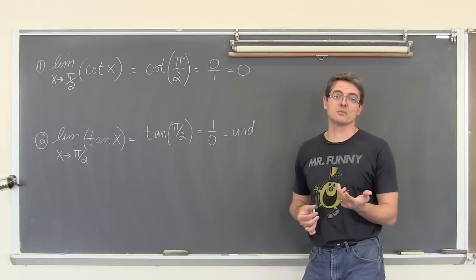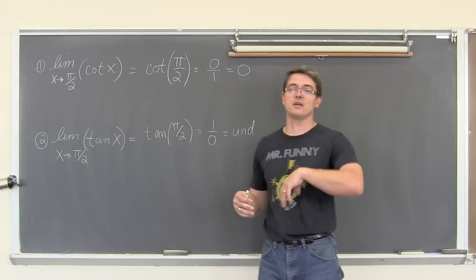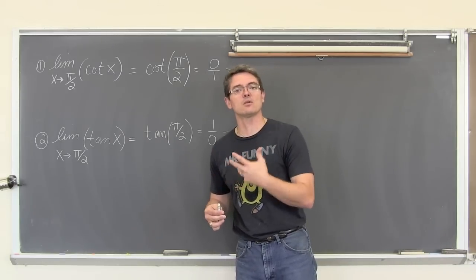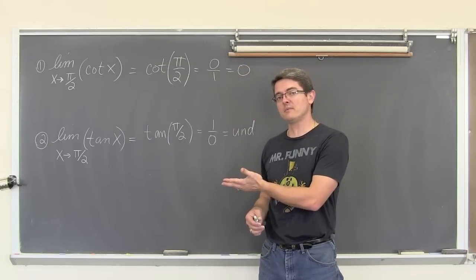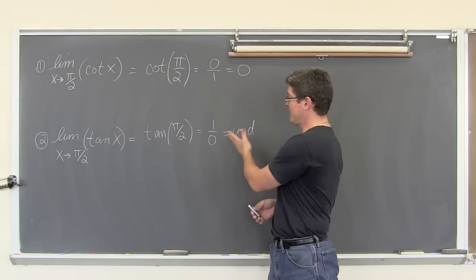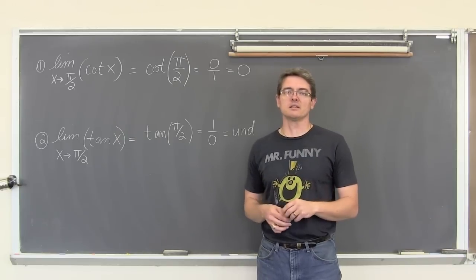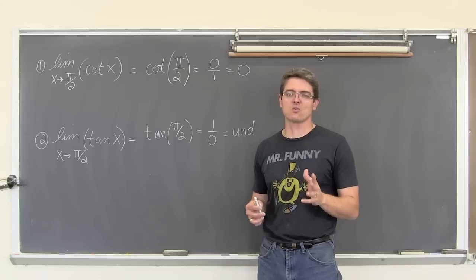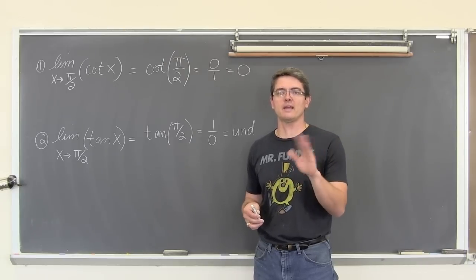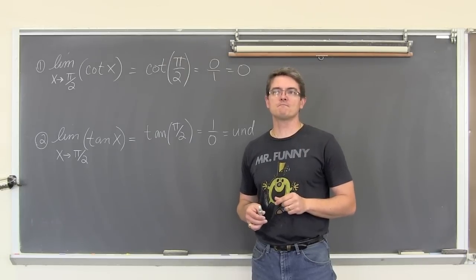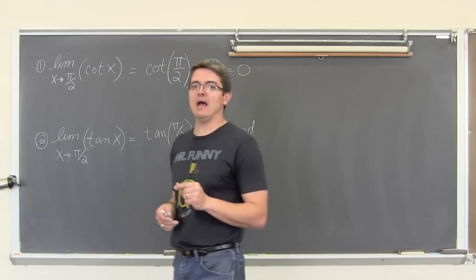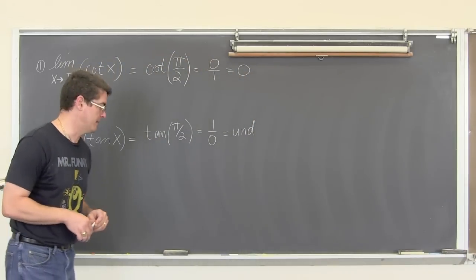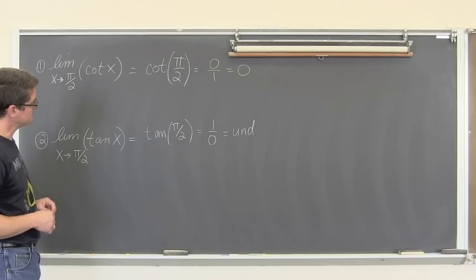Well, actually, with algebra, a lot of times we do some manipulation to see if we can just change that denominator or cancel it out altogether. But if the left and right hand limit is equal, then we can say that that is the limit. Now, if you understand what tangent looks like as a graph, you'll understand that the left and right hand limit is not going to be equal. But without drawing a picture, how would you check for the left and right hand limit? Well, let's see.